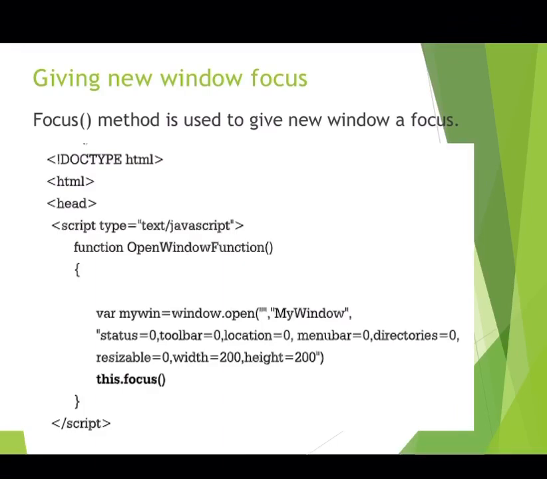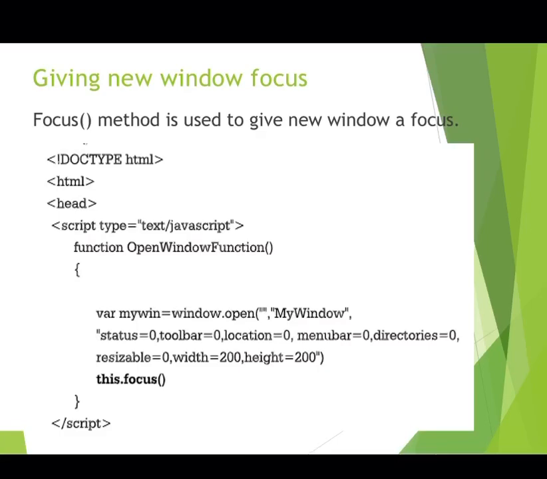Okay. So doctype HTML, then your HTML tag, then the head tag, then open the script tag, then we'll write a function where we are going to open a new window and give the focus to that new window. So function openWindow, where we'll take one variable, myWin, equal to window.open method in order to open a new window. The first attribute we are keeping blank, that is, we are keeping the URL blank, meaning we are not specifying any URL for the window, so the window is a blank window. Then the name of the window we have given as myWindow.